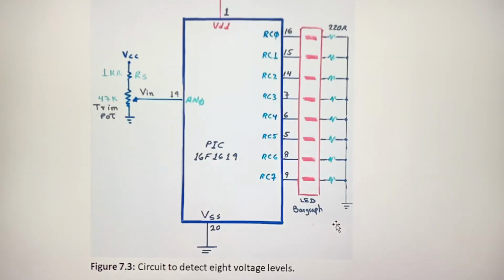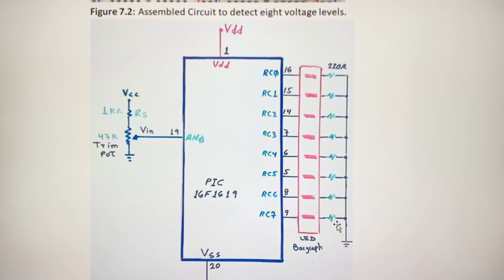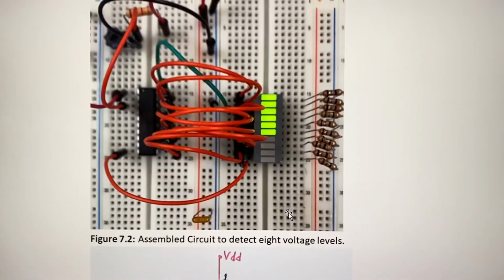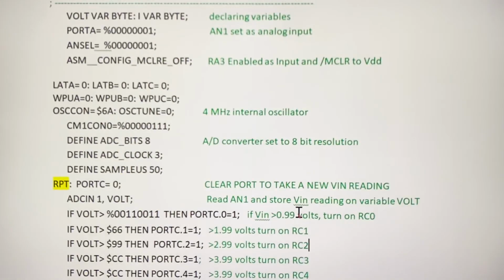So your assignment will be detecting voltage levels of 0.5 volts from 0 to 4.99. Okay, and so finish this table with the new hex codes,